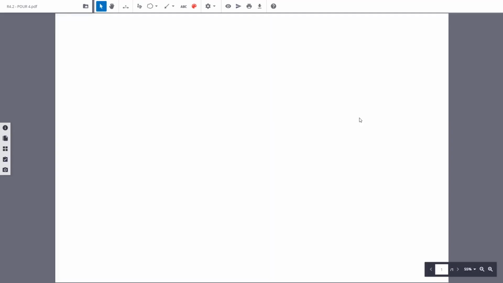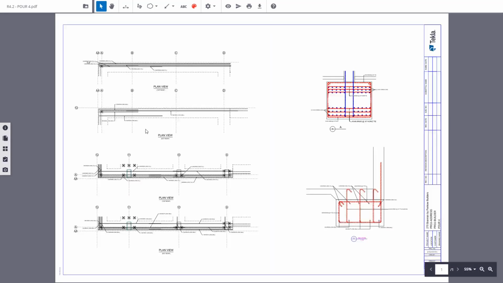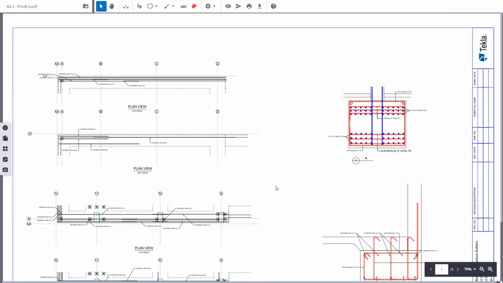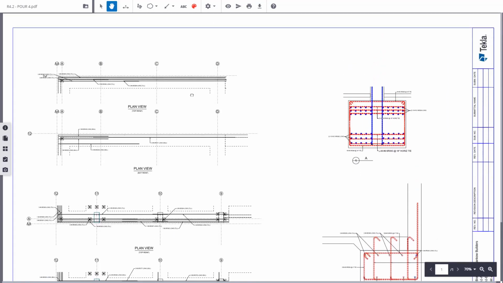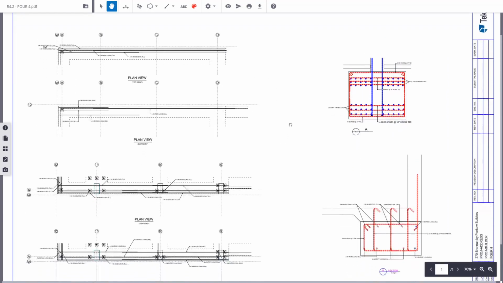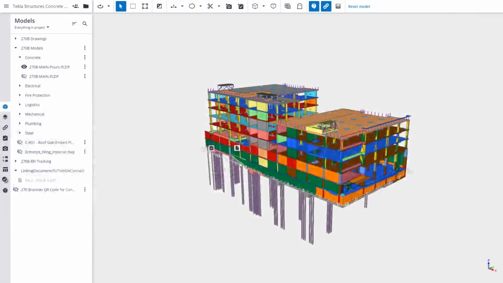If you're on a mobile device and perform this task, it's going to open up the PDF in the default document viewer you have on your device. So it will take you out of the application. Keep that in mind. So the benefit here is that we can quickly and very efficiently associate our drawings and